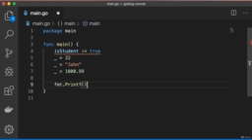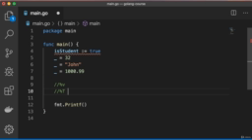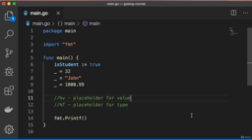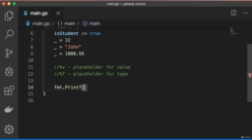You have a method called printf inside the fmt package, and %v and %t represent value and type. The v acts as a placeholder for value and the t acts as a placeholder for type. For example, if I want to print a string that will have the value of isStudent, I can enter the string the value of isStudent is %v, and as a second argument to printf I can pass the isStudent variable,